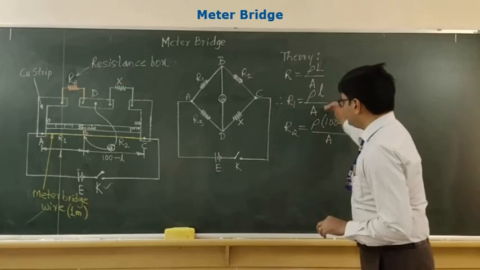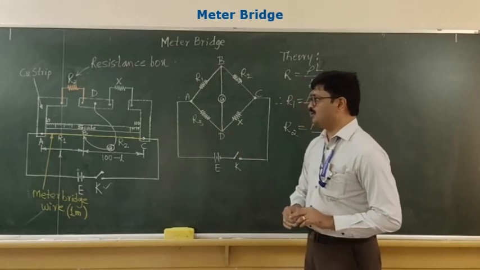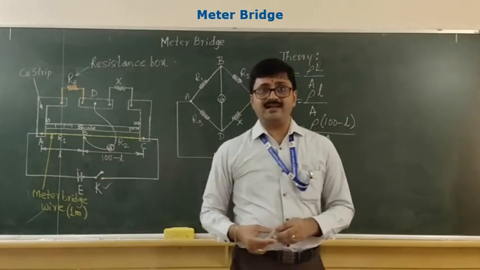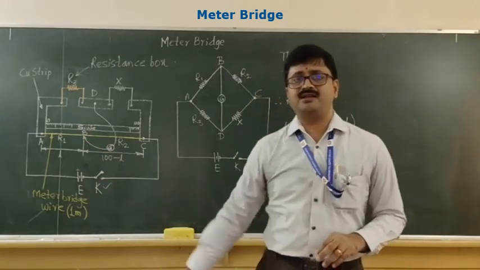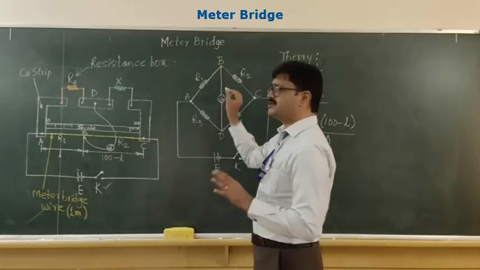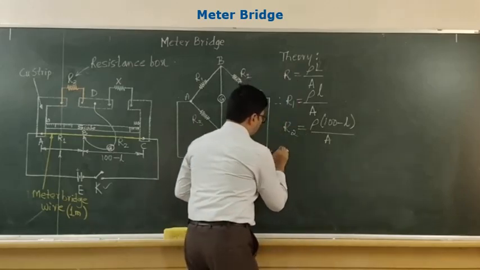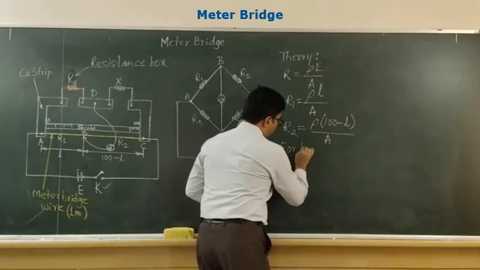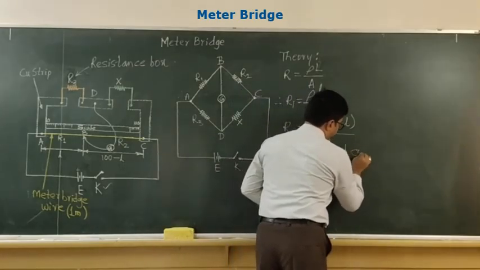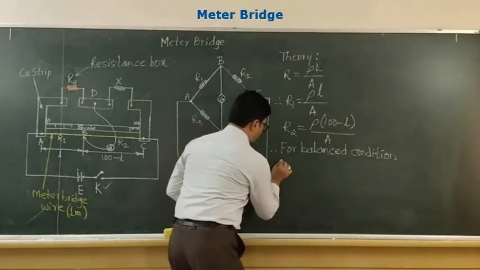Now, since I know these two ratios and the R3 value is known, X is unknown, and we see that at point B we have obtained zero deflection in the galvanometer. That means it is the null point. That means the bridge is balanced. That means the Wheatstone bridge is balanced. Current to the galvanometer is zero. So hence, therefore, for the balanced condition of the bridge,